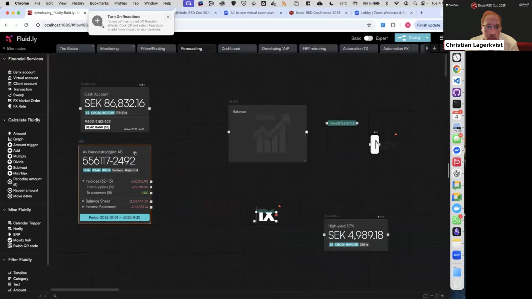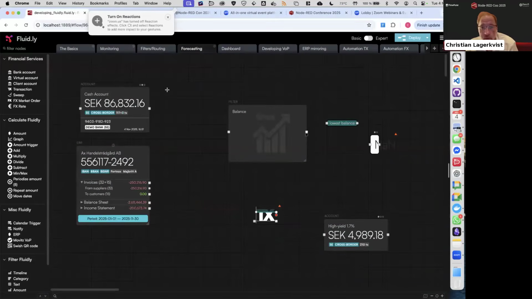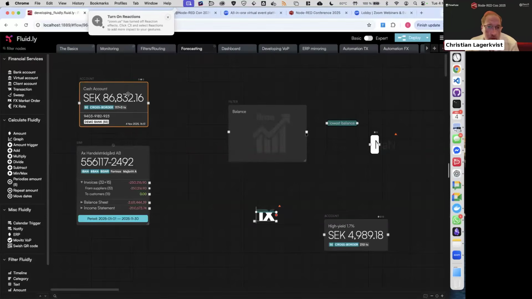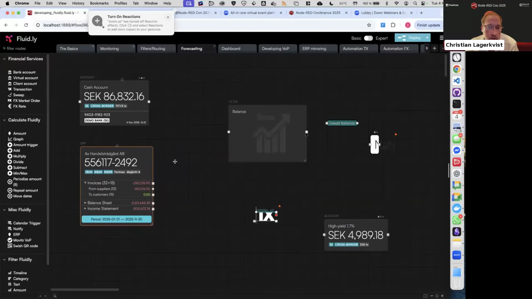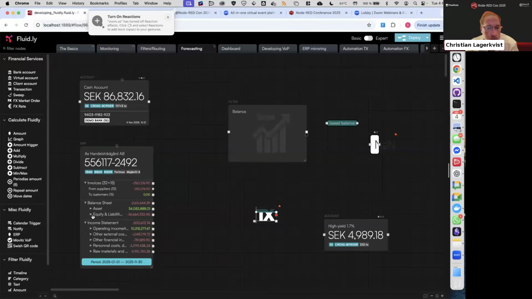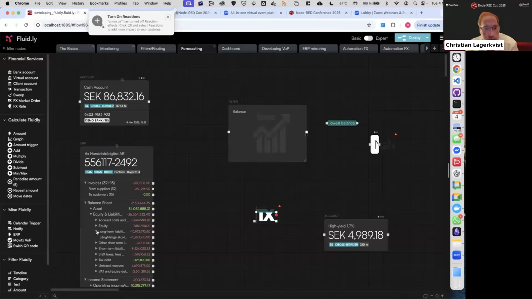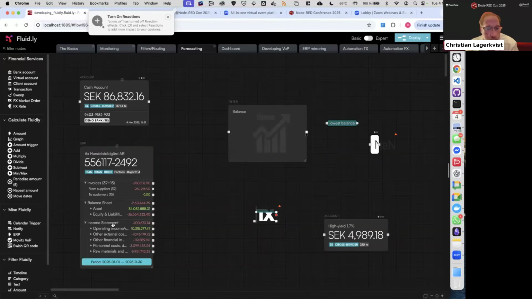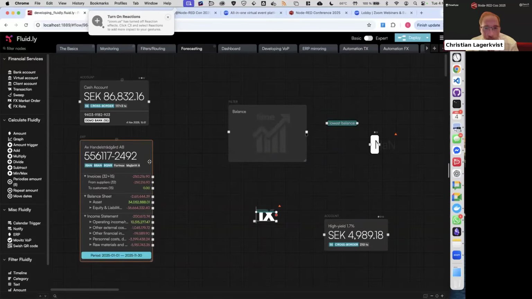So forecasting. In order to create a forecast based on, for instance, invoices, we need invoices. So you saw the account component. This is the ERP component. It currently connects to 10 different ERPs and gives you invoices, balance sheet, and income statement, which you can drill down into as deep as you've done your books.